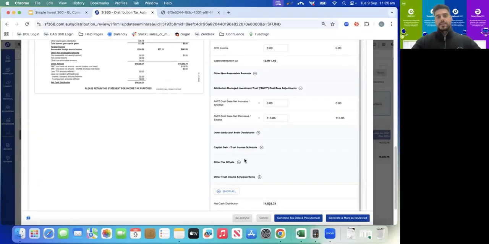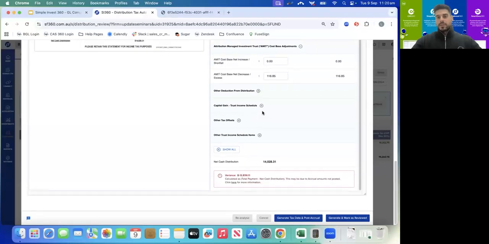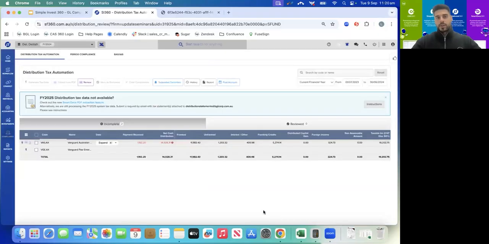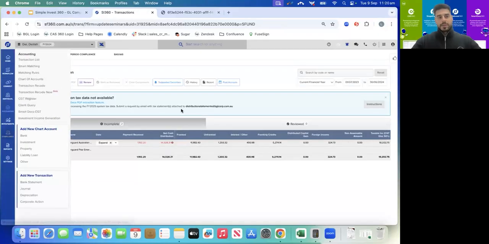and having different entities with up to 5 to 10 different annual tax statements that you will be having to calculate that information for and putting it into perhaps an Excel spreadsheet can be quite time consuming. So really big time saver there. So once it's all analyzed the data, you can generate tax data and post accruals, or you can generate and mark as reviewed. Once you've generated and marked as reviewed, you can jump into